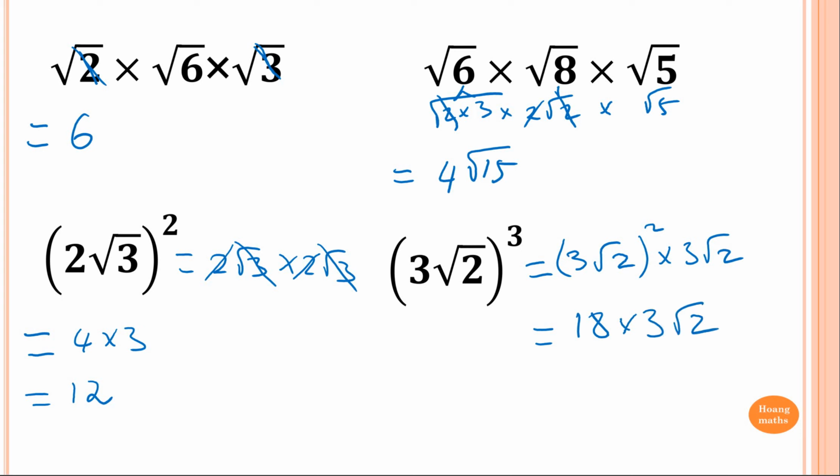Is that okay? Because 3 square root of 2 times 3 square root 2, the first one, gives me 3 times 3 is 9. 9 times 2, that's why 18. So 18 times 3 root 2. So 18 times 3 is 54. So your answer is